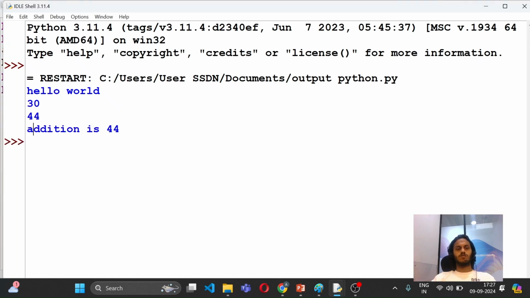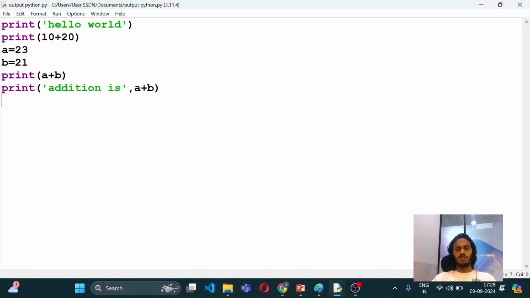Now here you can see addition is 44, this is the addition 44, this is hello world. So what kind of data you want to print, you can print with the help of print statement. Now here let me just add one more thing. Let's say